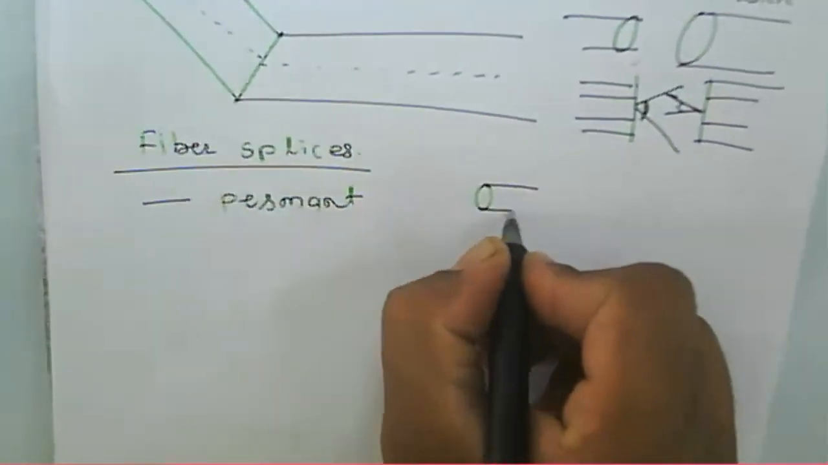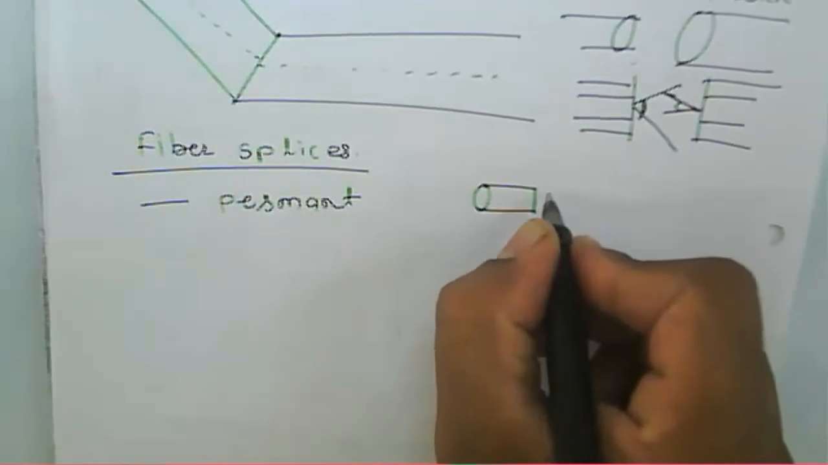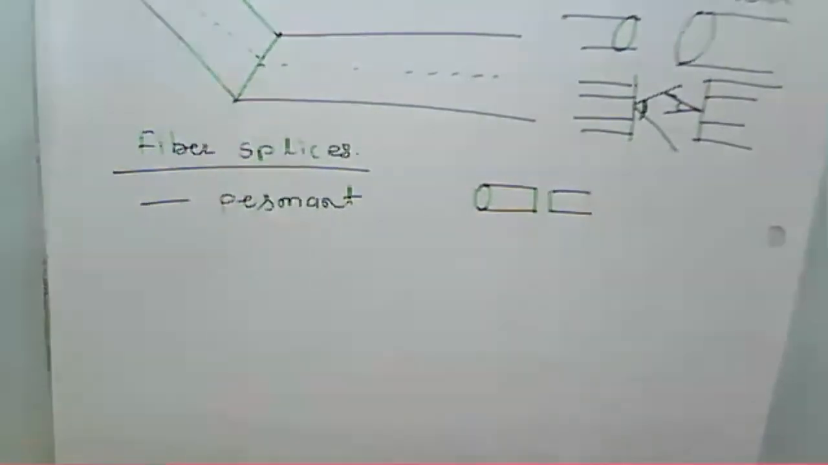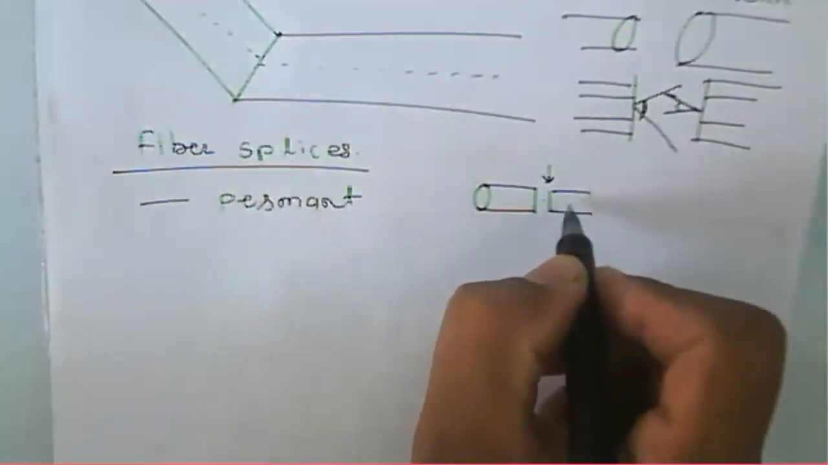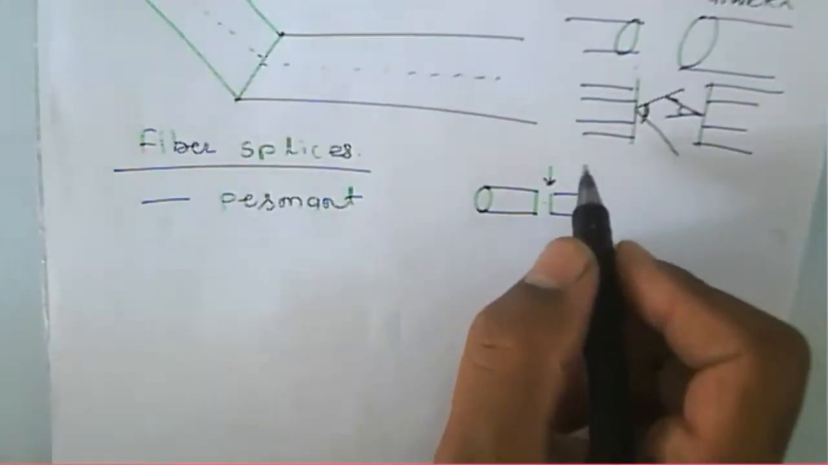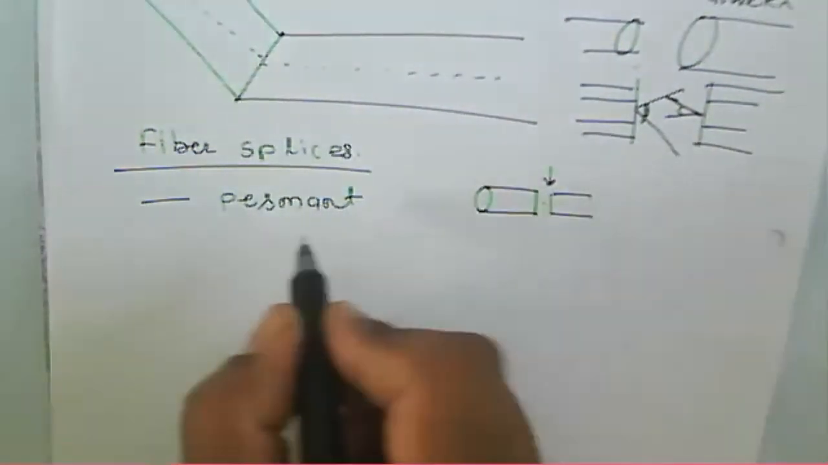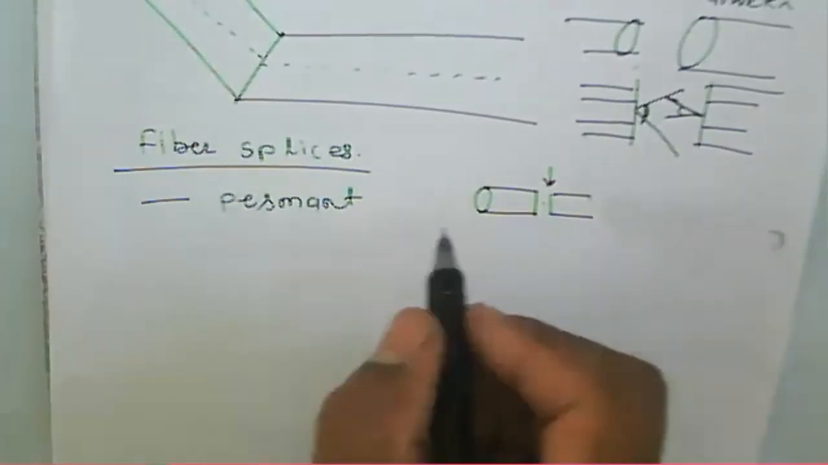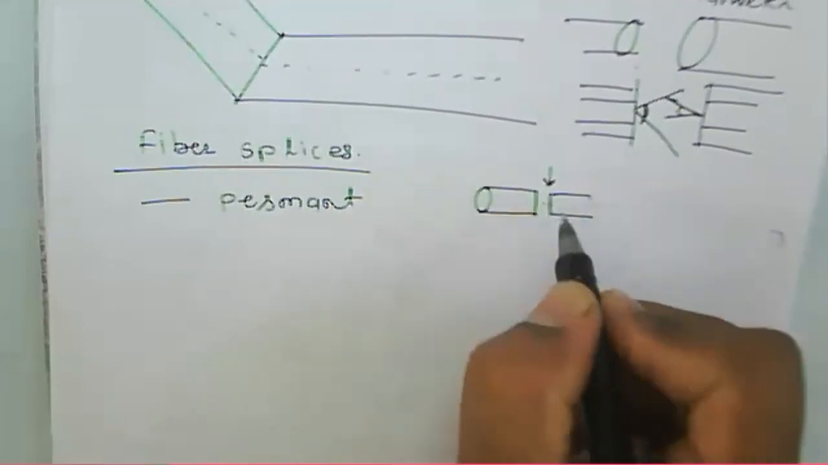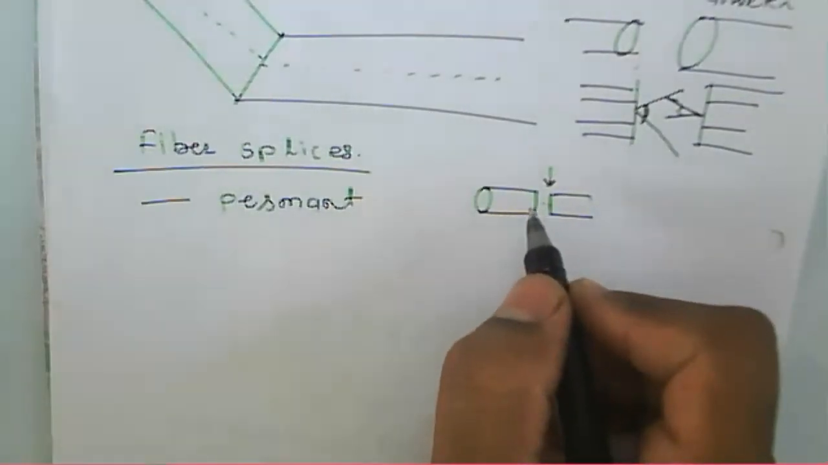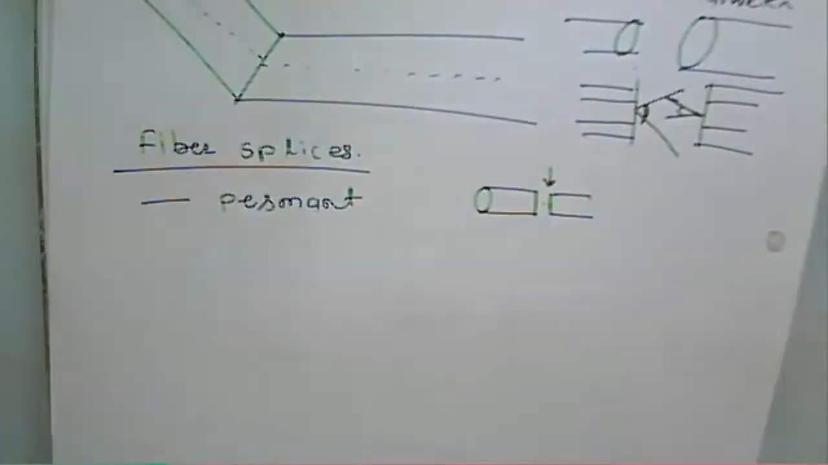We can say that both the cores and everything are matched. Then we can connect the two fibers by heating the two ends of the fiber. But in that case, when we heat, the surface has to be smooth, and to get a smooth surface, we need to cut the fiber end